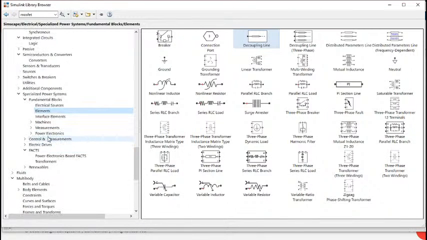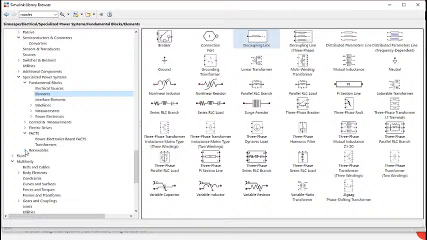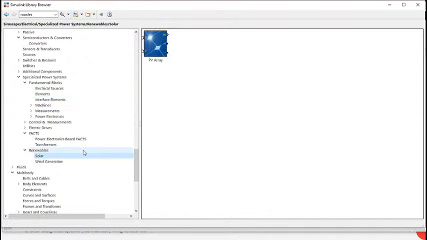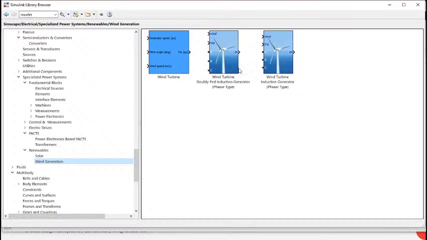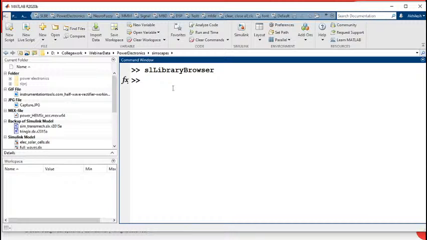Apart from that, if somebody is working on renewable energy, we have PV arrays available. Somebody working on wind generation, we have that too. So we'll see these examples also, how to design this kind of thing. So first of all, the important thing is what basic things you require to design a physical system, right? So we will start from a simple model that is called